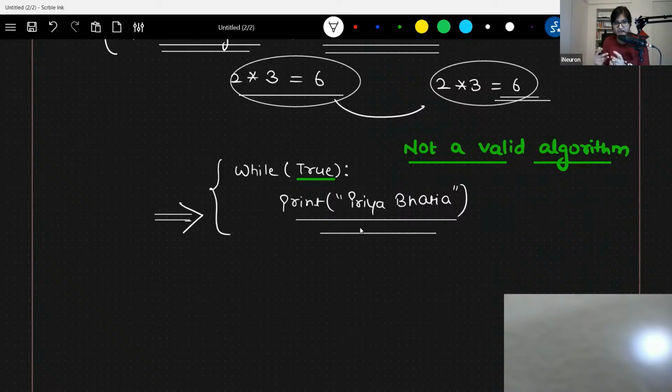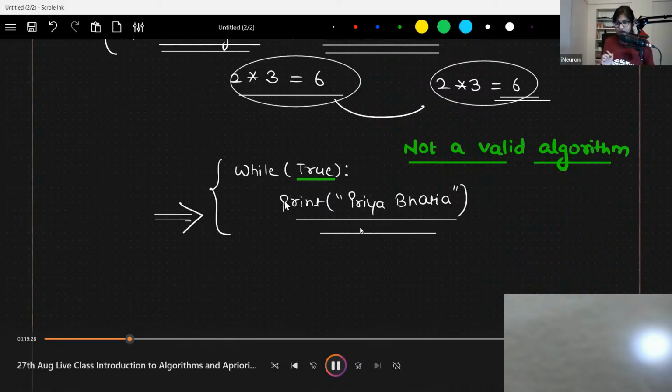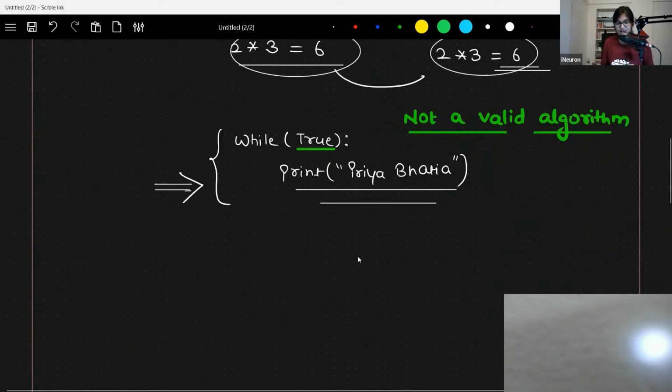Most of the time, people face one error when writing code called TLE, time limit exceeded. Why? Because most of the time they forget to mention the terminating condition, and your code will keep going towards an infinite loop and will not stop at any point. Right? Okay. Now, let's move ahead towards the